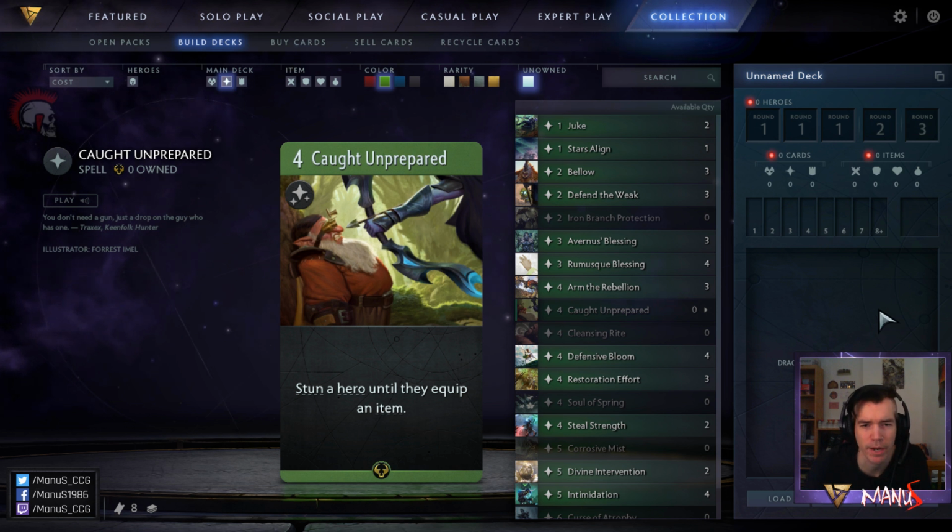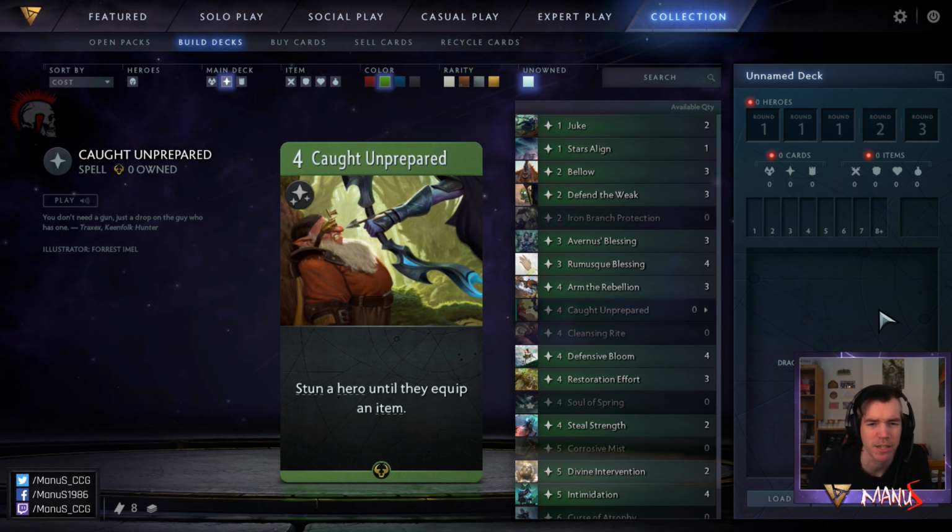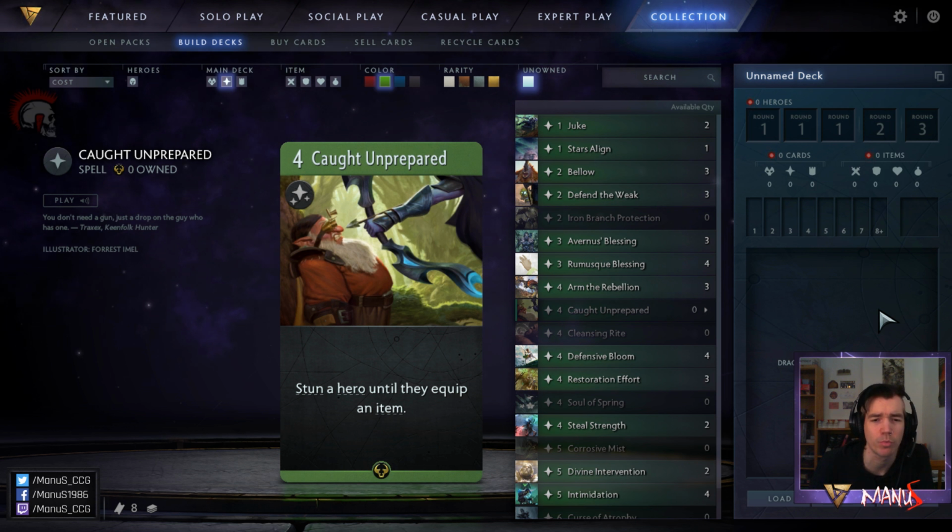Next we have Called Unprepared. This card's pretty bad. In Constructed this is not even remotely a consideration, and even in Limited it is pretty bad. I would not be happy to put this in my deck. It is super situational and super risky. As soon as the opponent has an item,